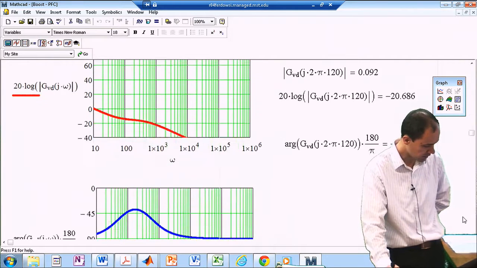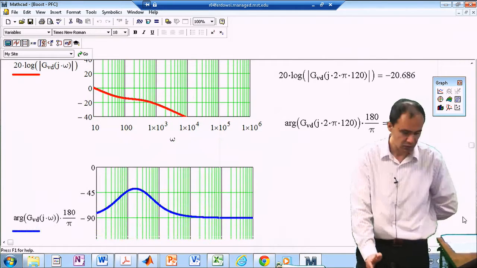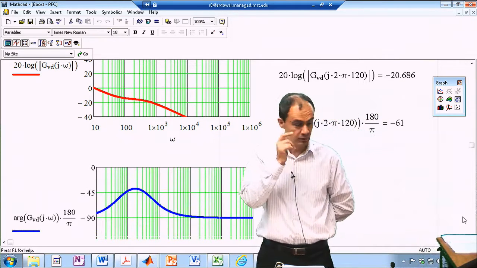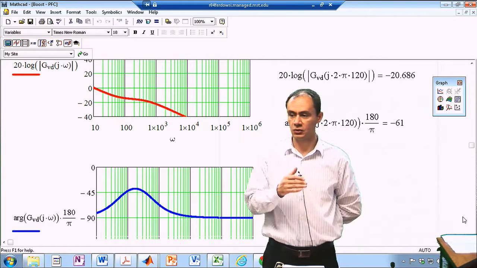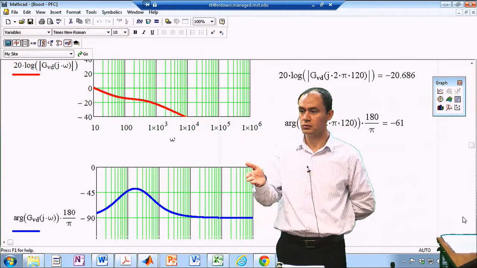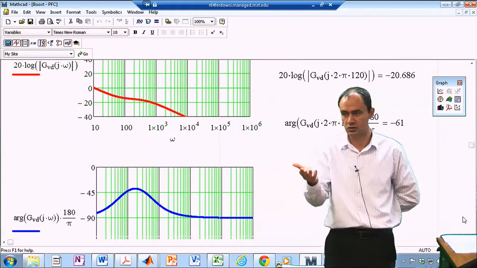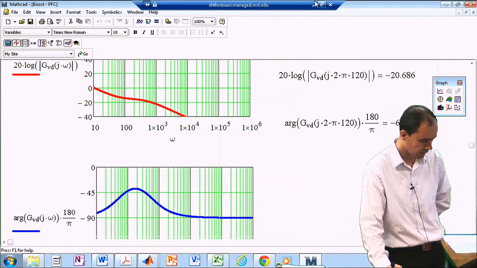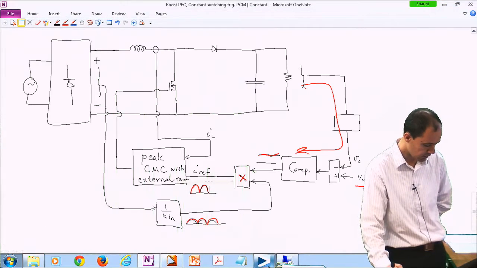The phase diagram doesn't give us much information because this is not the entire loop. This is just part of the loop gain. The other part of the loop gain is the control to output transfer function of our boost, which I just talked about. It's really hard to obtain it because the operating point is moving too much. So we can mess around with